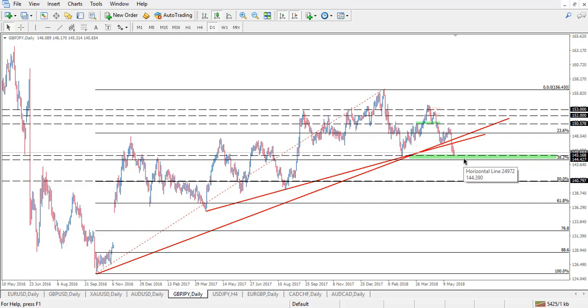of 149 during this week. In case the level of 144.50 is broken, then we can go short targeting the level of